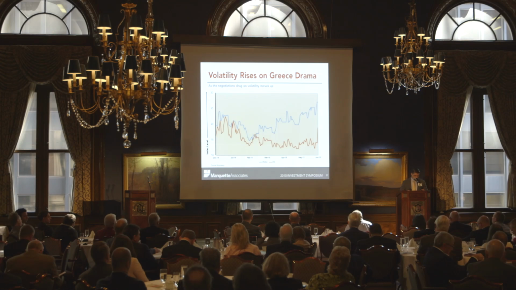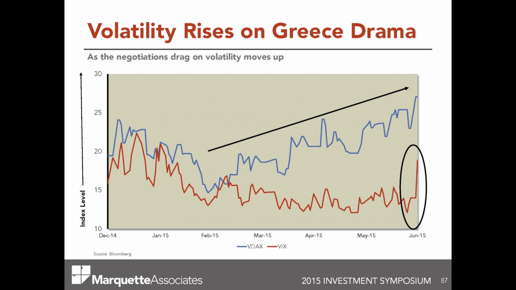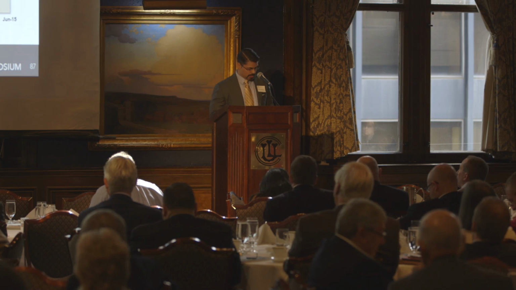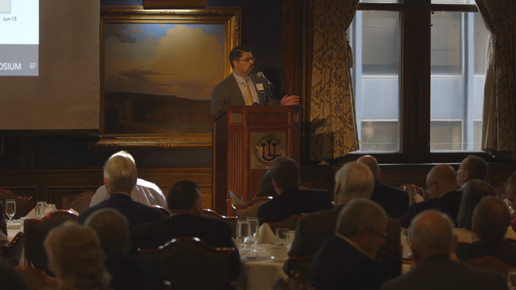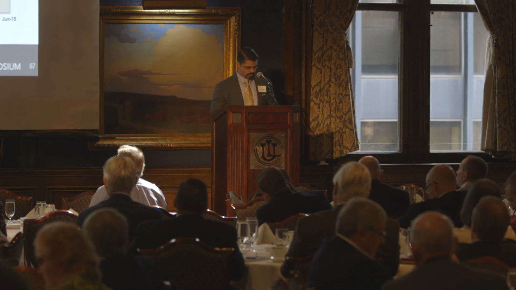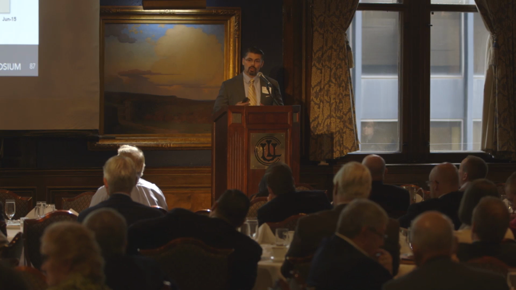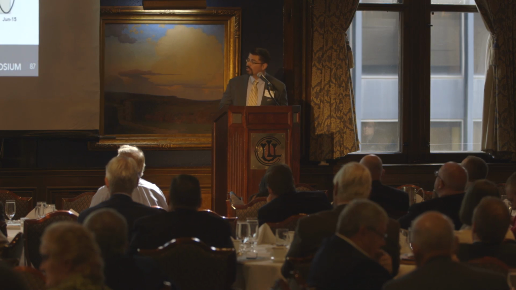And observation one is we saw a continual rise in volatility, particularly overseas. The blue line here represents the VDAX index, which is a proxy for volatility in European markets. The red line here represents the VIX, which is a proxy for volatility in US markets. Now, initially, the volatility was limited to overseas markets, but as negotiations dragged on, we saw that volatility spill over